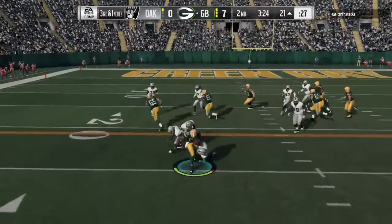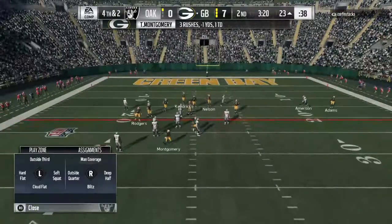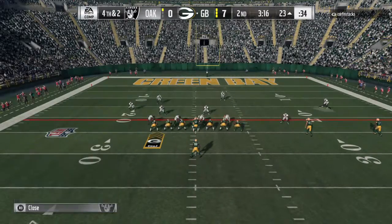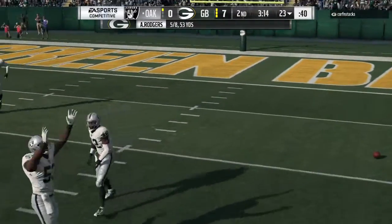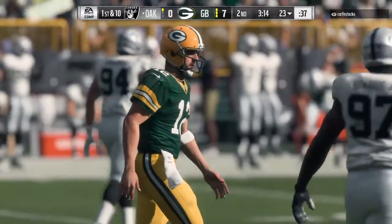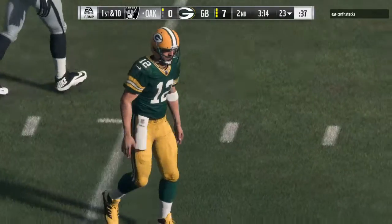They'll run it. Here's Montgomery. And he will lose yardage here back at the 23-yard line. He lost 2, and it brings up 4th. They'll go for it. It's Rodgers. And it's incomplete. They cannot convert, and they turn it over. Mike McCarthy took the gamble, didn't pay off. And the Raider D, they get...